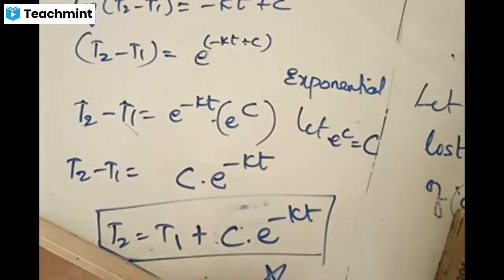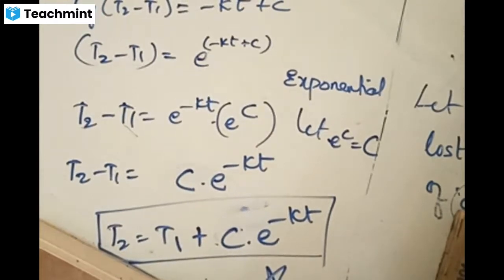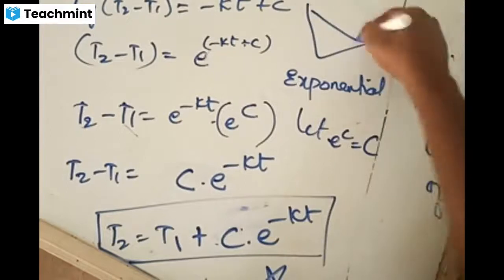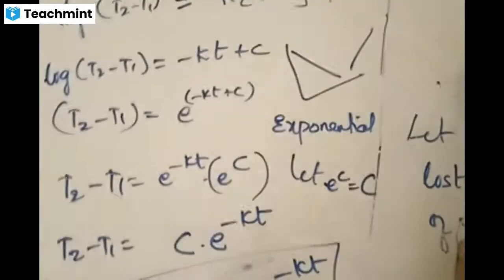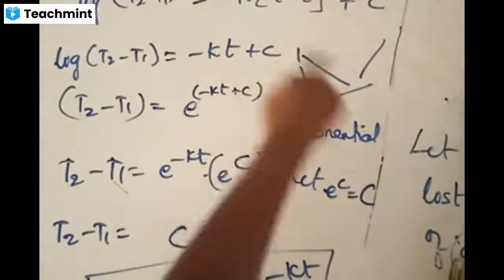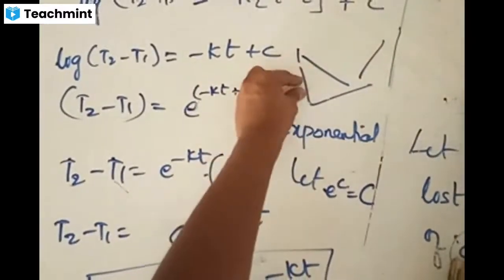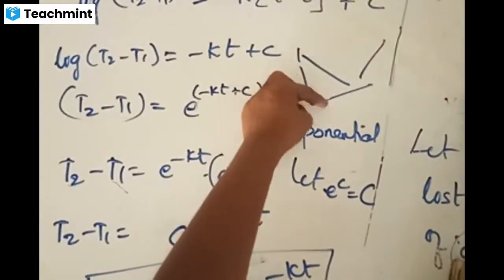What do you mean by exponential form? Exponential form means it will not go in the linear mode. You should understand this concept of linear graphs and exponential graphs. Linear graphs means you are going to get a straight line, where equal changes of one quantity result in equal changes of the other.